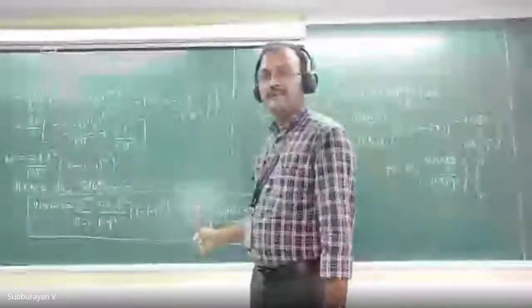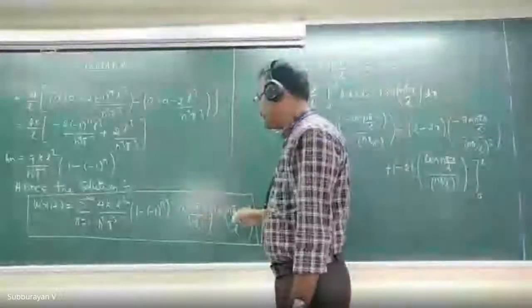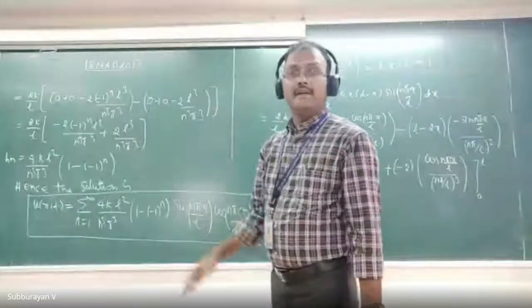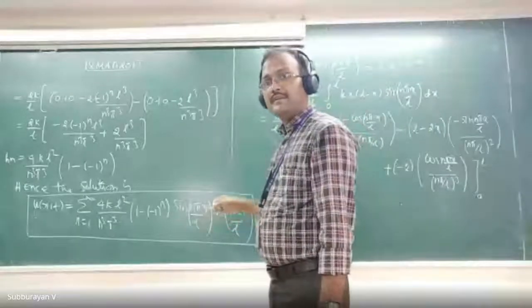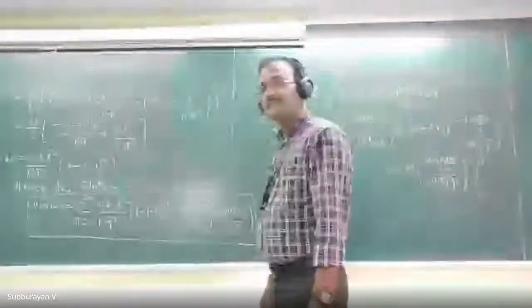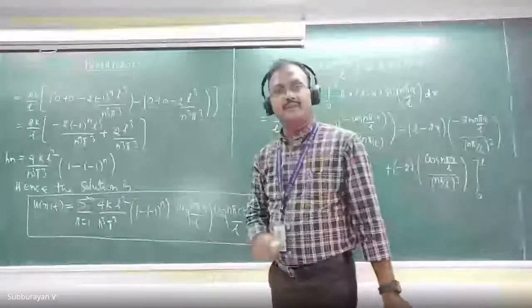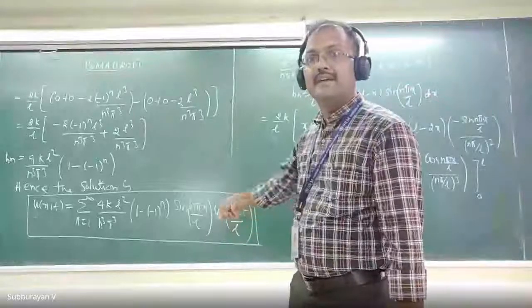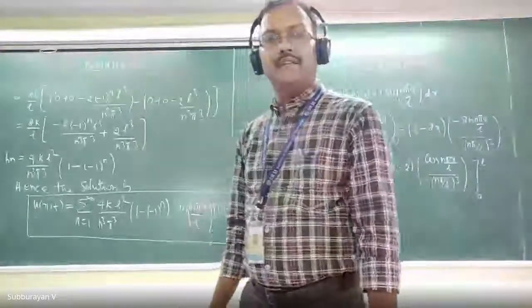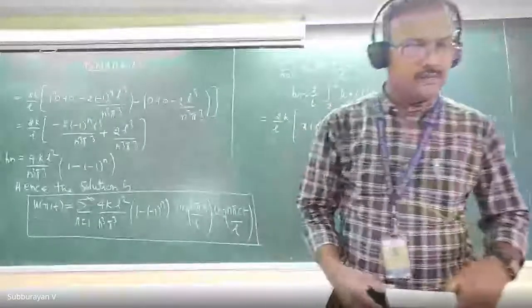And when I substitute x equal to 0, this is equal to 0. When I substitute x equal to L, this will be 0. Similarly, dou u by dou t of x comma 0 is equal to 0. You can verify it. And when we substitute t equal to 0 here, this converges to the function k x into L minus x. Any doubt, students?